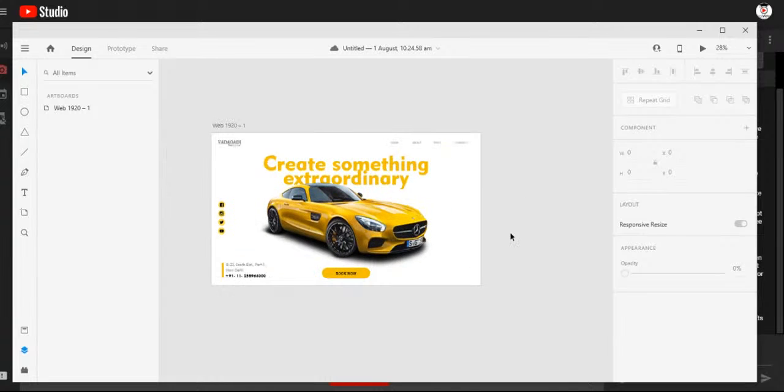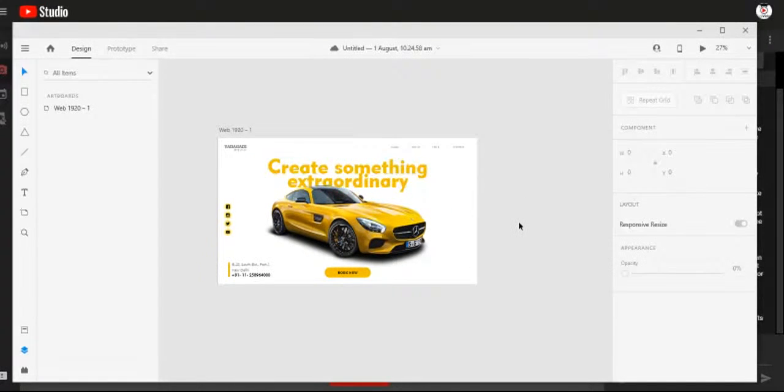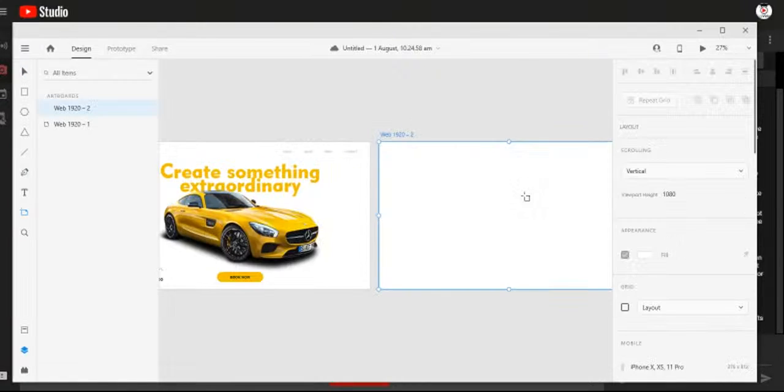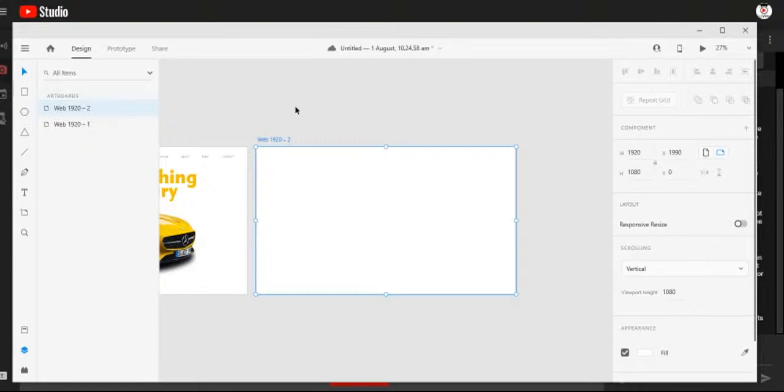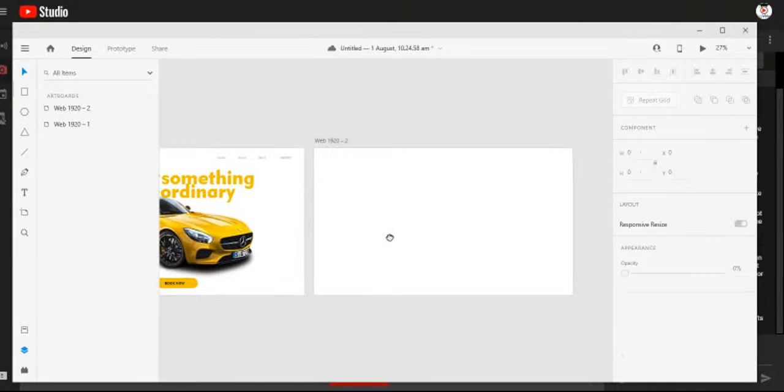So okay, the next thing is I want to create another artboard. Same as in Illustrator, we have a tool called the Artboard Tool. Just click the tool here and just click here. It automatically creates one in the same size. Look, here are two artboards, artboard 1 and artboard 2. In my second artboard, I want to make some design